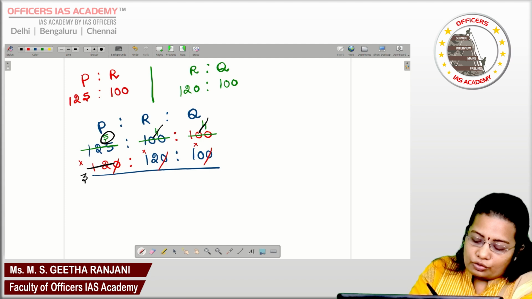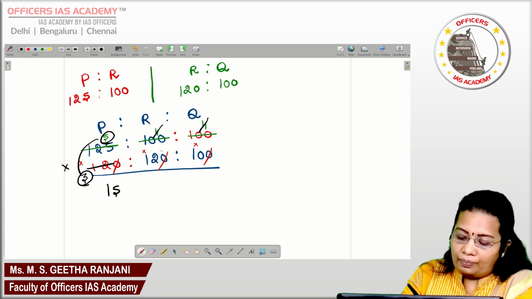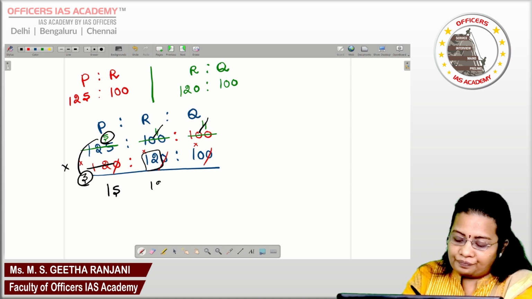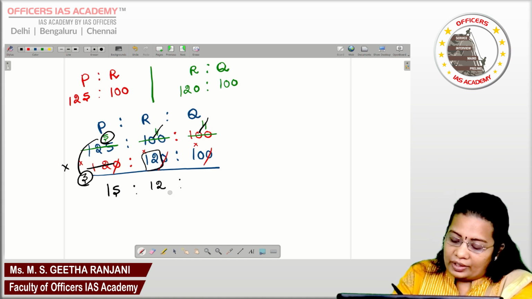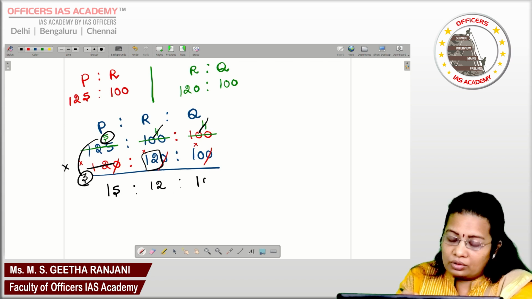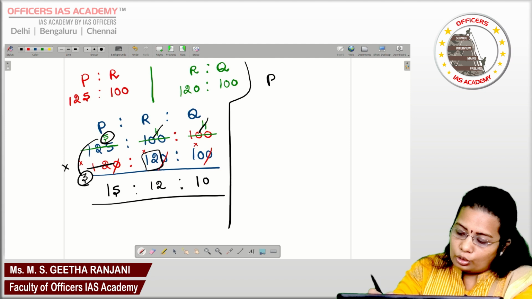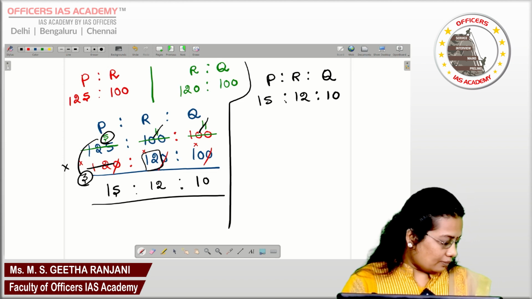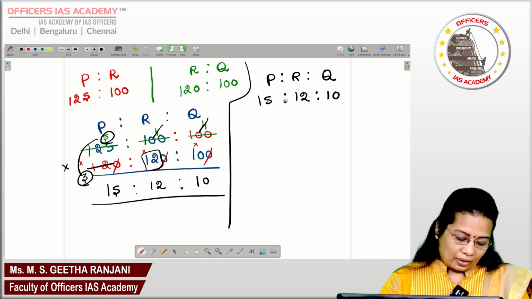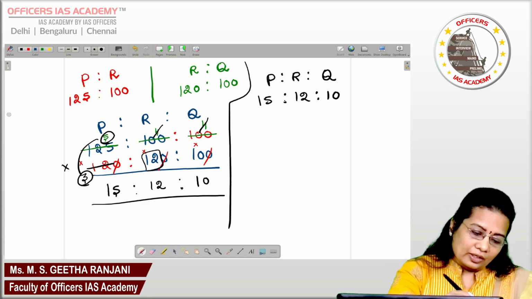Now collect the values for P. Only we got 5 into 3, 15. For R, directly 12 is there. We can take it. After cancellation, we are picking the values. And here only 10 is there. Take the value. This is the final value for P, R, Q: 15 is to 12 is to 10. And the question says the total value is rupees